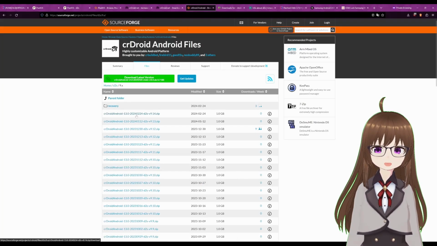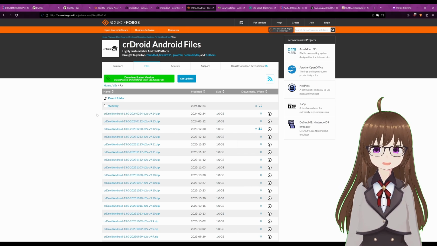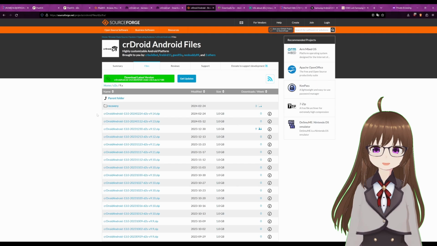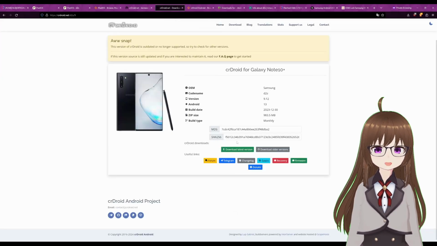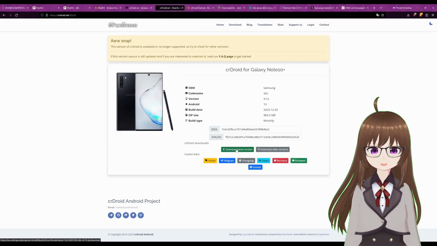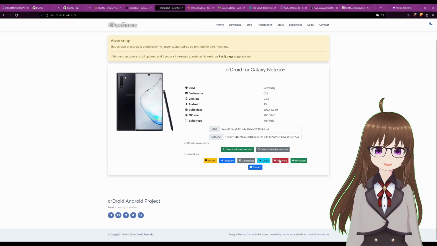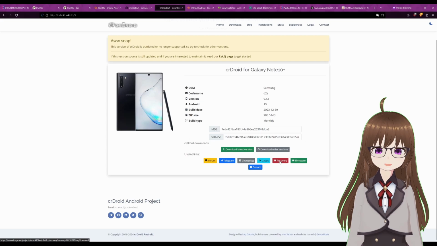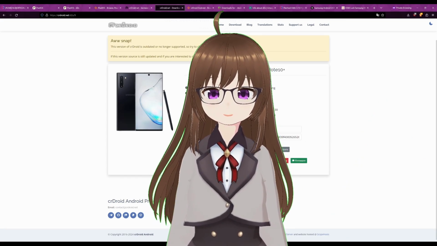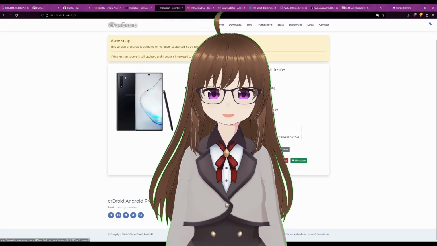The latest ones are usually security updates that came downstream from Lineage OS. If you want the absolute latest security updates from Lineage OS, you get them here. Otherwise, you can just get their recommended build, which is a little bit older. That has the December 2023 update as of the time of filming. And don't forget to grab the recovery for it as well. So for each ROM, the two things you need are the ROM itself and the recovery.